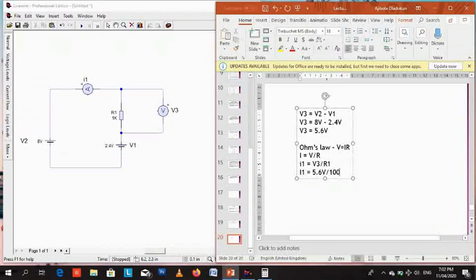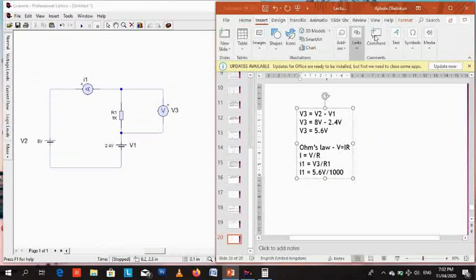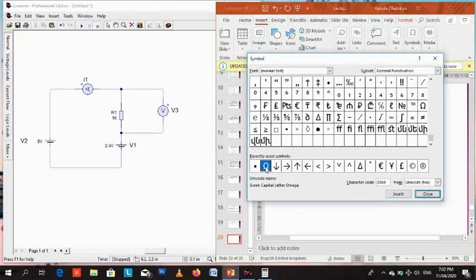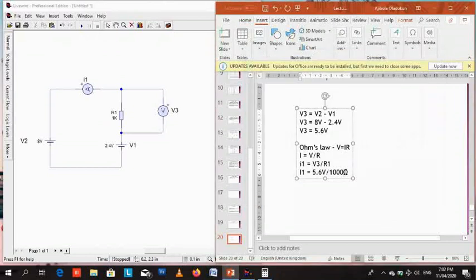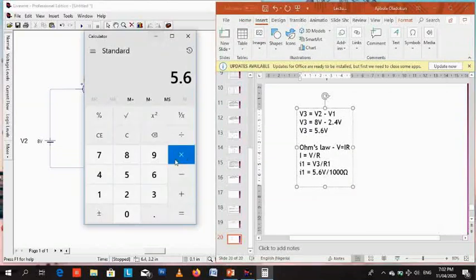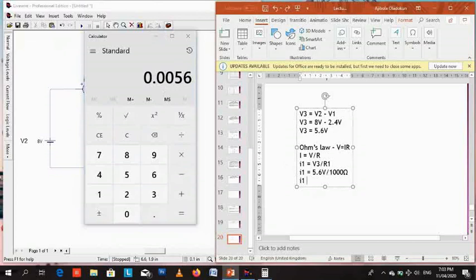1 kilo ohm is the same thing as 1000 ohms. Now, one thing you should know is that whenever you're doing calculations, things like kilo, mega, micro, nano should be converted to the standard units. If you have kilo ohms, convert it to ohms. If you have mega ohms, convert it to ohms. And then you divide. So 5.6 volts divided by 1000 ohms, not divided by 1 kilo ohm. You're going to get the wrong answer if you do it that way. So 5.6 divided by 1000 ohms gives us